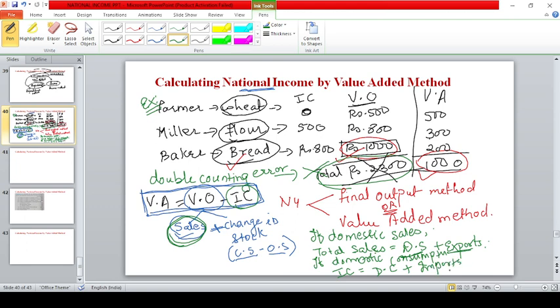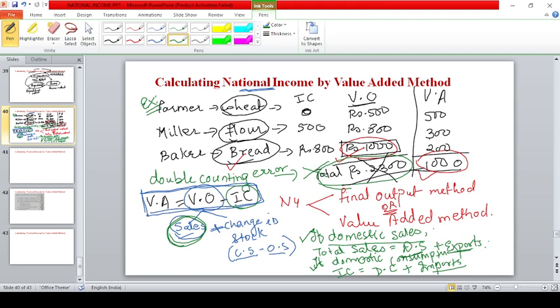Because there are certain raw materials that you might have imported from another country in order to produce something in your country, that is why you have to calculate domestic plus import. So make sure you read properly what has been given to you in the paper. If direct sales is given, then understand it is total sales. If not, if they have mentioned domestic sales, then in that you have to add exports also,